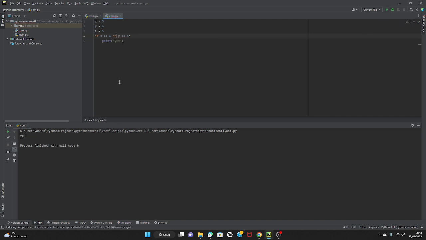If we take the or operator, yes. The or operator means just this condition or this one is true, then yes. If we take this condition,